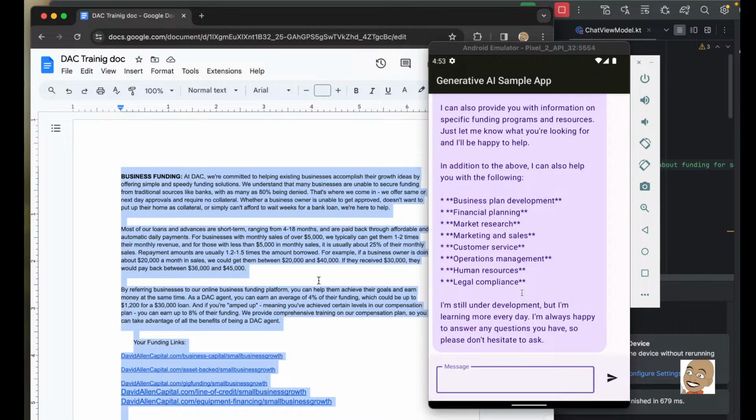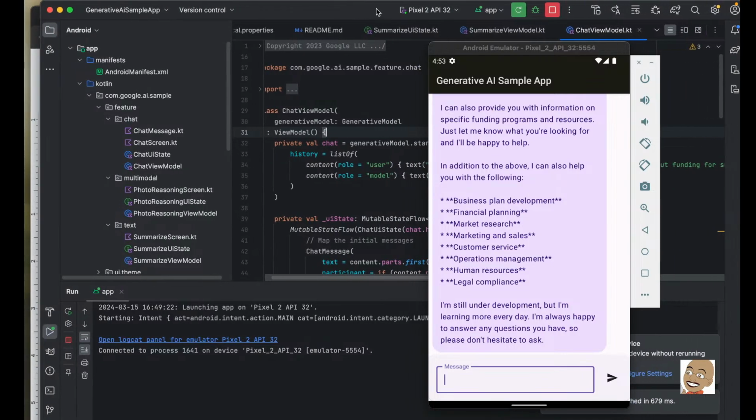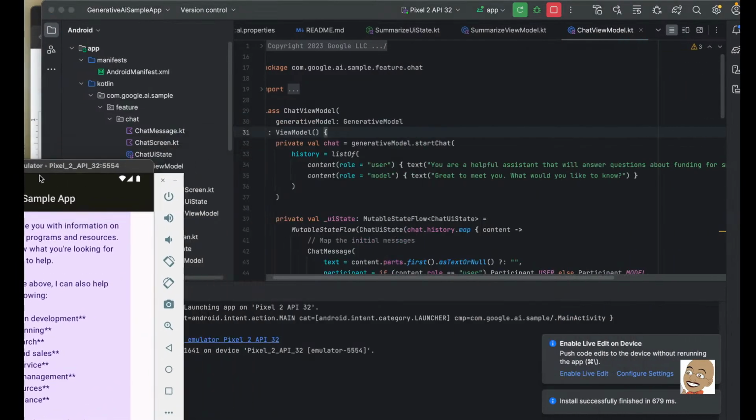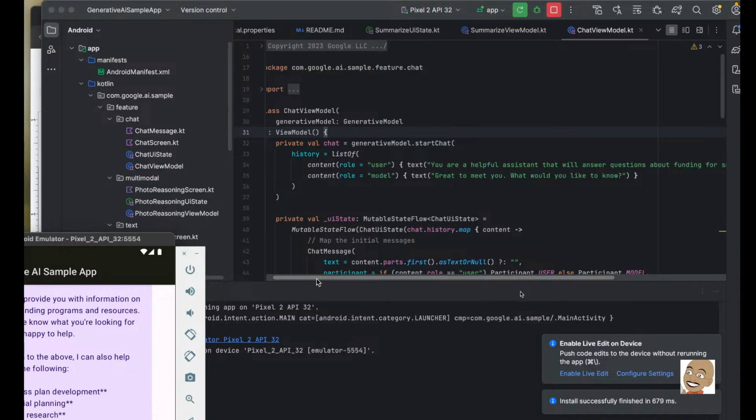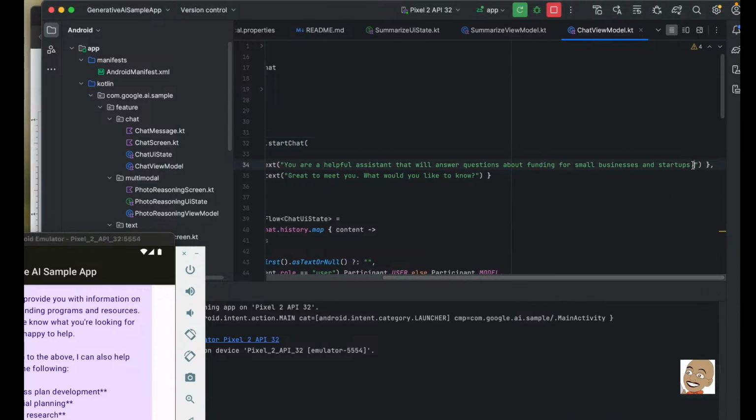So what I did is copy that information, and then I'm going to go back to my prompt. I said, "You're a helpful assistant that will answer questions about funding for small businesses and startups." And then I'm going to say,